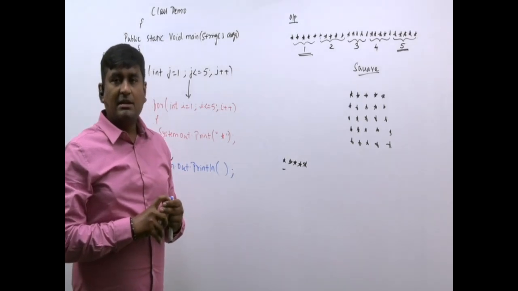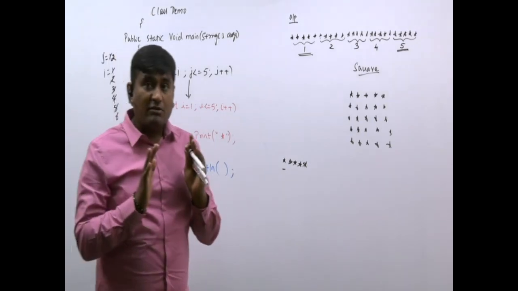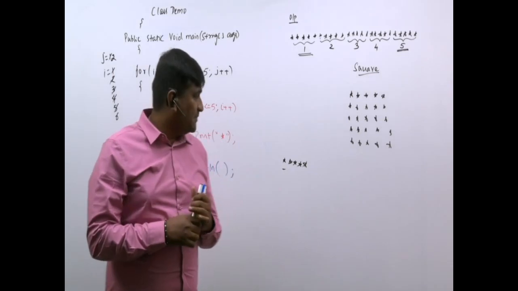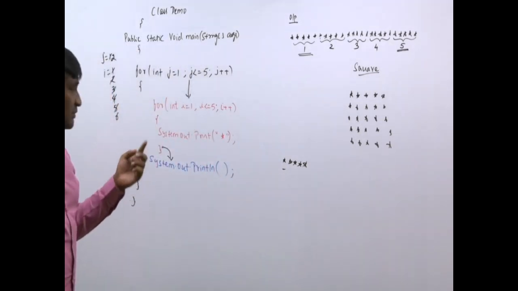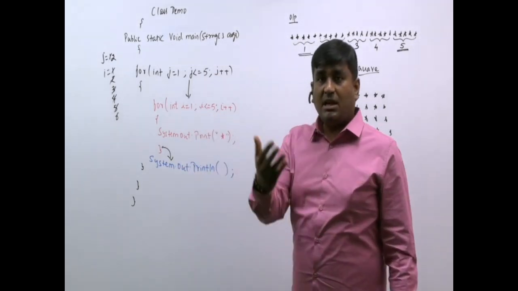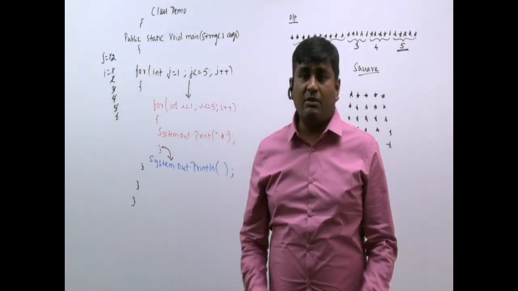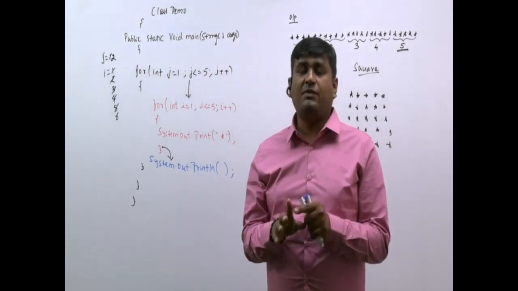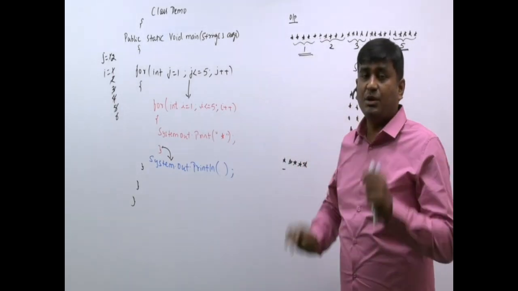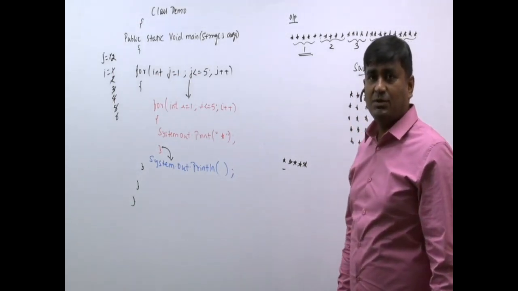Am I completely clear? Any confusions? Now I will teach you one shortcut technique. Till now I have not taught you. Now I am going to disclose it to you. Many students will be thinking, sir, in one program you use one for loop, in another program you use 2 for loops, maybe in the coming programs you may use 3 for loops also. As a student, how will I get to know whether I should use 1, 2, or 3 for loops? Always remember, your output will tell you how many for loops you should be using. Oh, how, sir? That I will tell you.